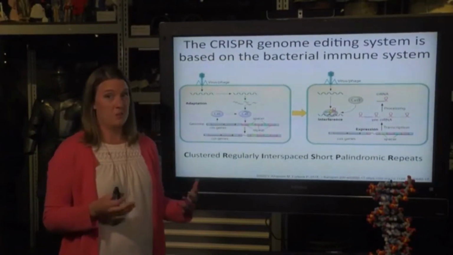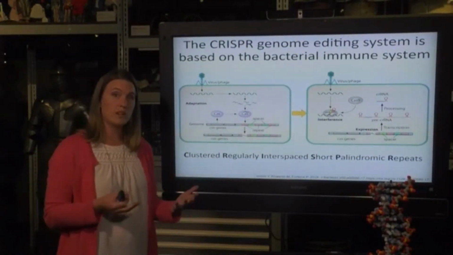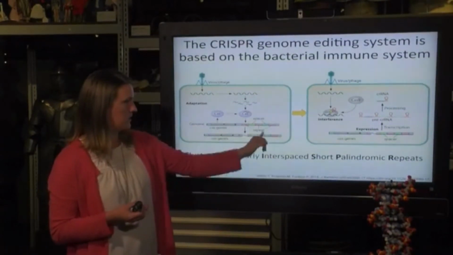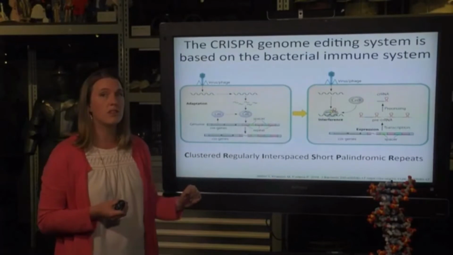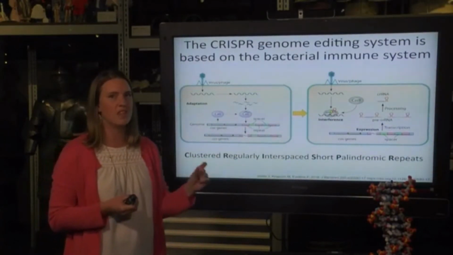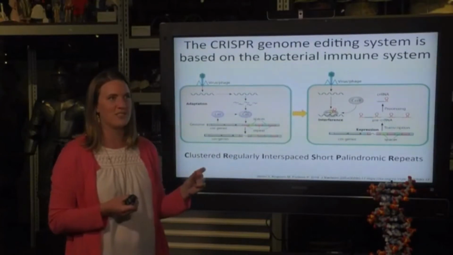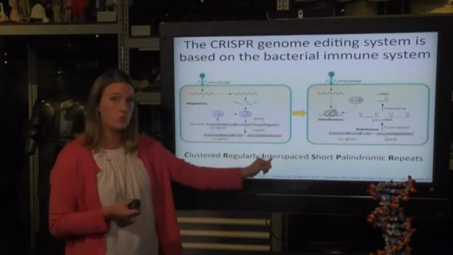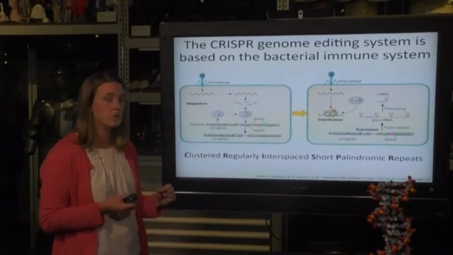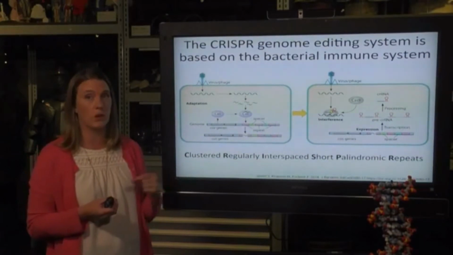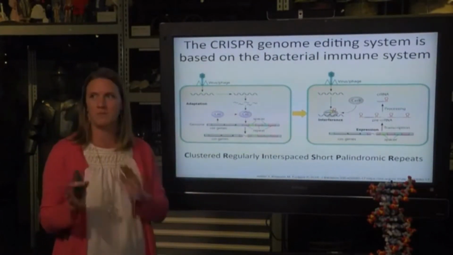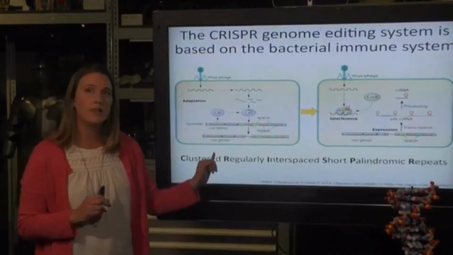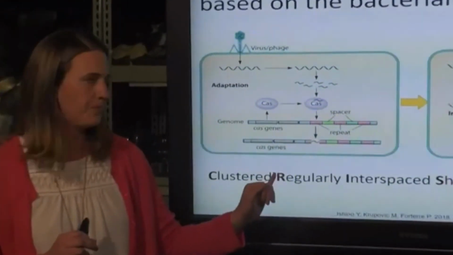Probably 5 to 10 years later, they were still trying to understand what that sequence was, and finally what they found was that when they analyzed the unique spaces in between, those sequences corresponded to viruses that infect bacteria. Isn't that interesting? There are viruses that can infect bacteria. We call those bacterial phages. So the non-repeated parts in between those CRISPR repeats are unique, and they correspond to viruses. What they also found was a cluster of genes nearby that they called the CRISPR-associated genes.